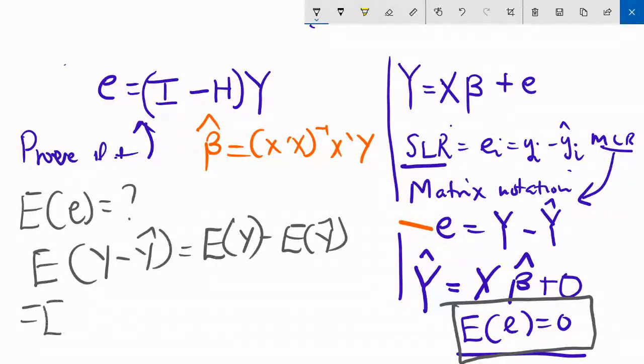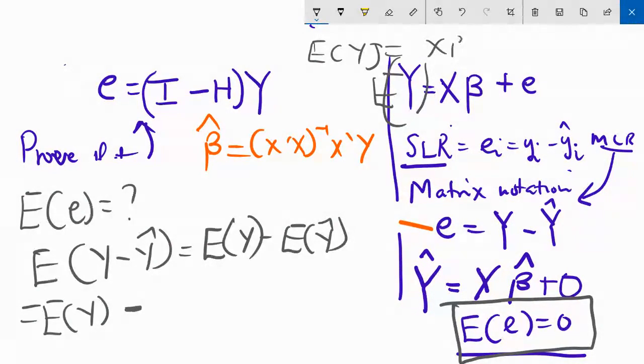What is the expected value of Y? The expected value of Y, this formula, you can also write it as what? Check my notes, you'll see this part there. So the expected value of Y hat,